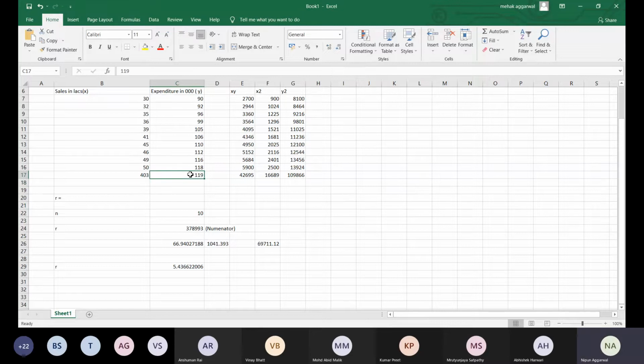So I have declared the plus also. If all these values are in increasing order and expenditure is also in increasing order, our coefficient of correlation becomes 0.994. That shows it is a positive correlation, as the data logically also says: if all the values of sales are increasing, expenditure is also increasing. So that's why it is a case of high positive correlation, 0.99, a very strong positive correlation.